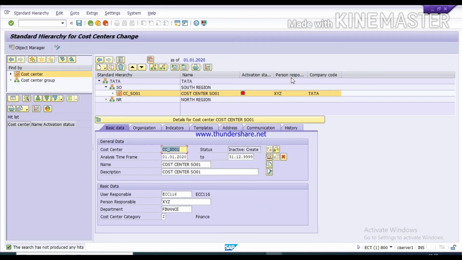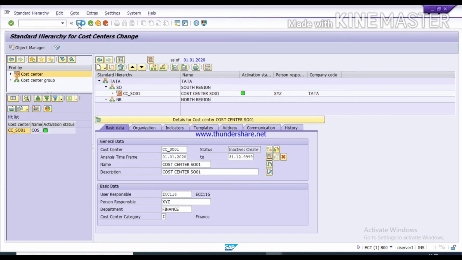Now friends, just click on this save button. And similarly, now you can see it is in green color and here the status is active. So like this you can create your cost center.